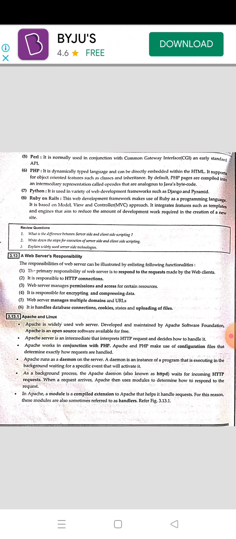It is based on the model view controller, that is MVC approach. It integrates features such as templates and engines that aim to reduce the amount of development work required in the creation of new websites.